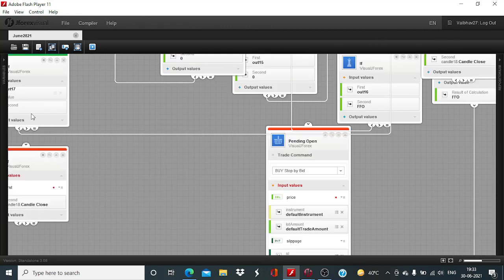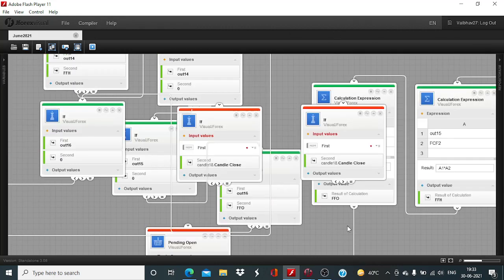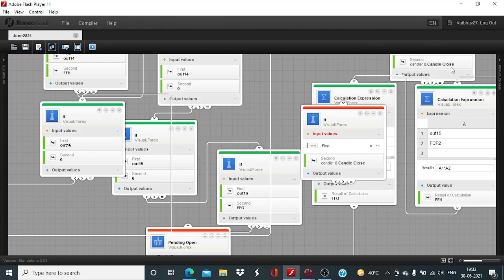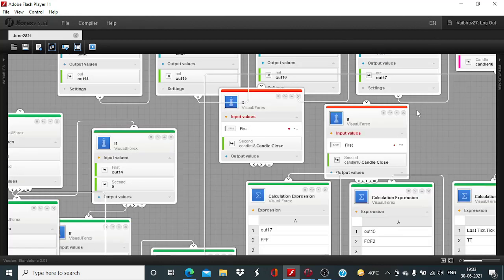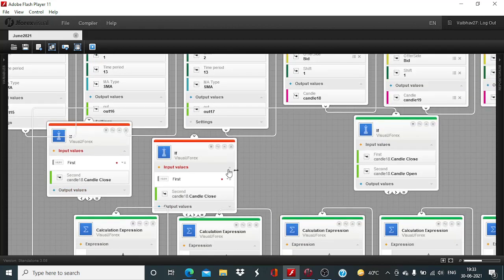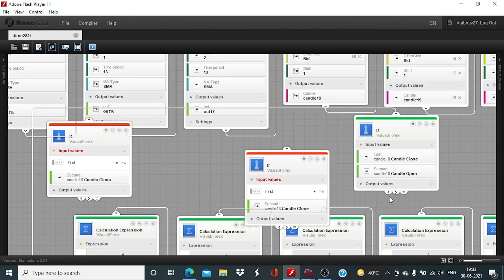Okay, again first input less than second input,